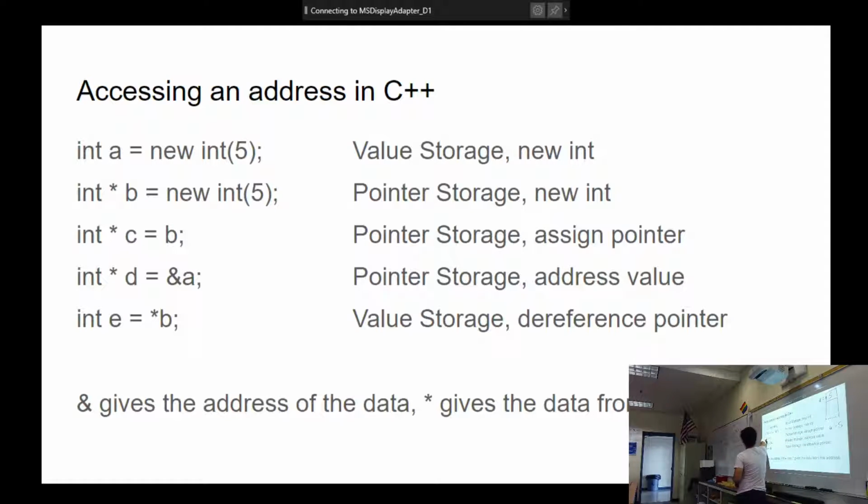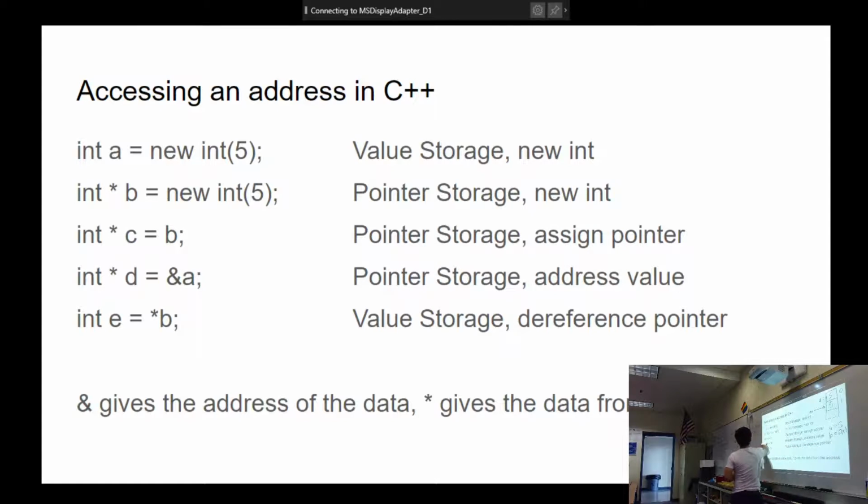We could say, hey, pointer B equals also a new integer. So we've also created a new spot in memory, but instead of returning 5, it returns the address of where it puts 5. So we're going to make another 5 here. And instead of saying A equals 5, we're going to say B equals the pointer to that address. That make sense? And if I put this as address 0 and address 1, B should equal what? 1. Address 1. So I'm going to put 0 hex 1, just to say it's a hexadecimal location, some address. Not to confuse with integers. Does that make sense so far? B is a pointer that has the value of 1.